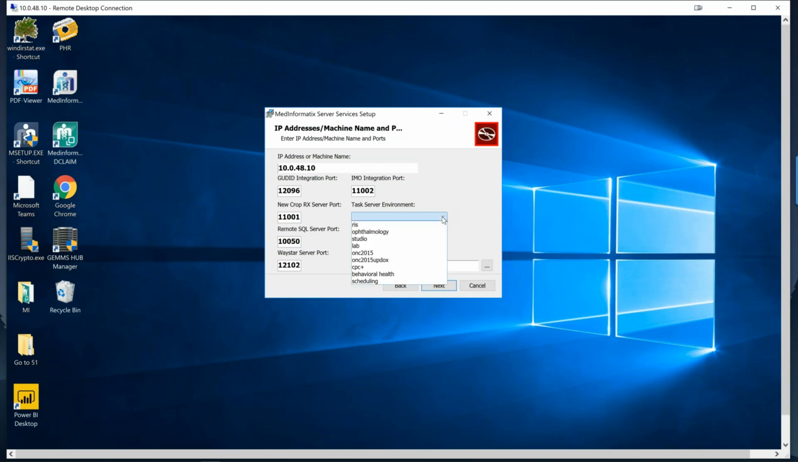Okay, I'm going to select my task server environment. I'll just put it on ONC 2015. I'm going to leave all these ports how they're set. There are still registry entries on this computer that have the port settings from these services, and so these aren't exactly all of the default ports. But the point is that